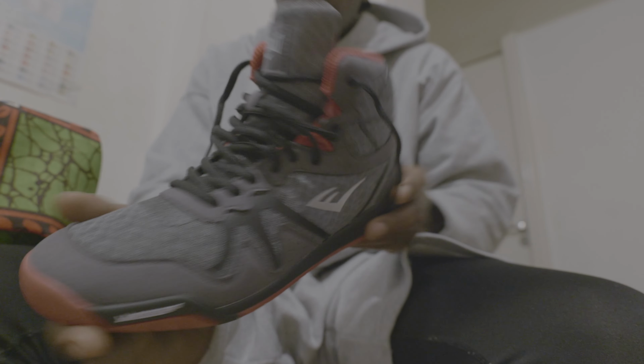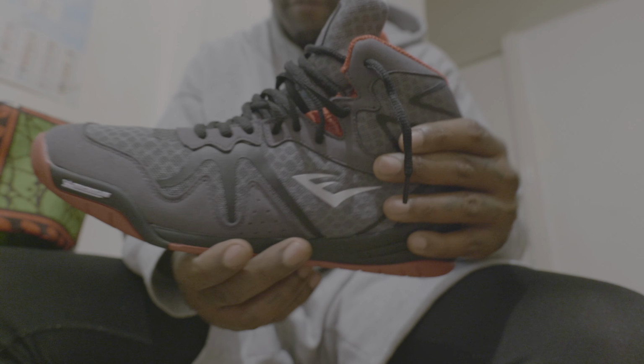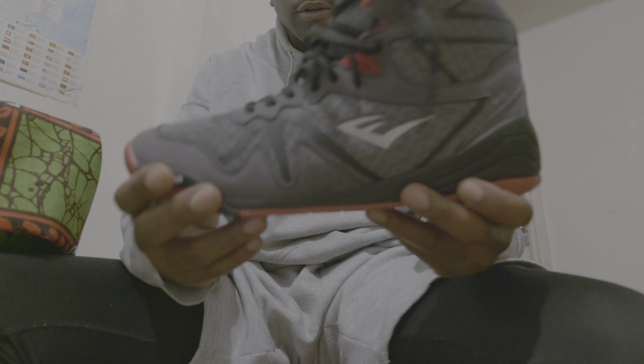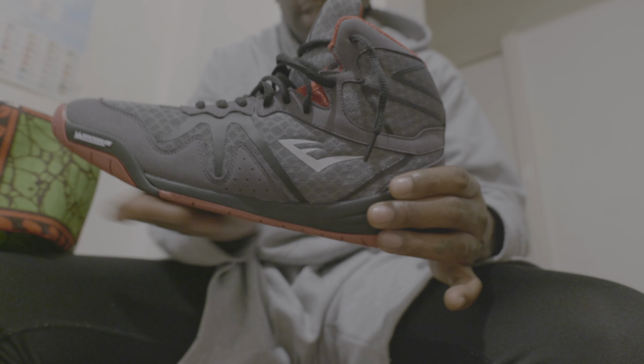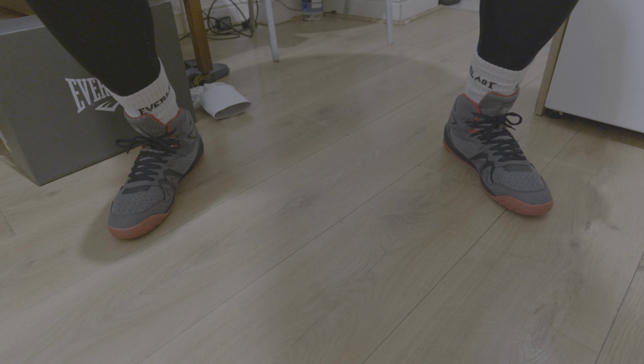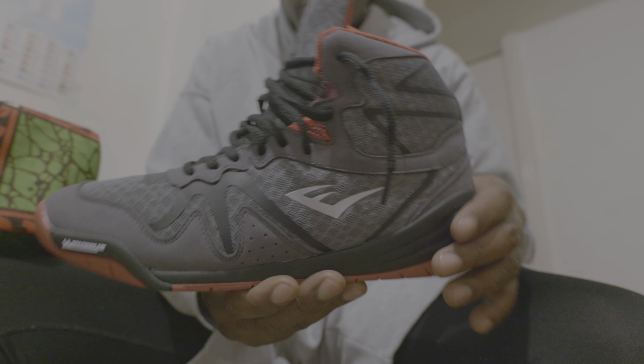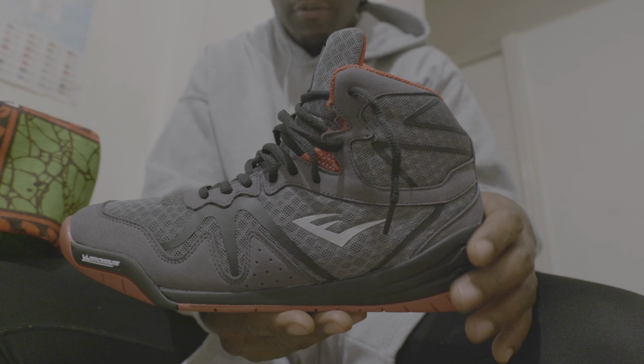This particular shoe, the grey and the red pops, are definitely very functional. Definitely very sleek and very fly. They're quite light. I reckon this sole makes them a tiny bit heavier than a traditional boxing shoe where you would just have a flat sole with nothing much to it. But like I said, for the sake of the knees and my age, the extra support is definitely welcome. The basketball style of the shoe is definitely welcome,